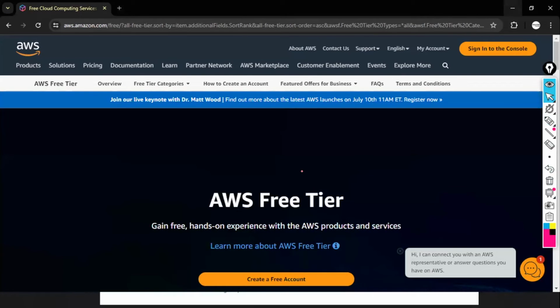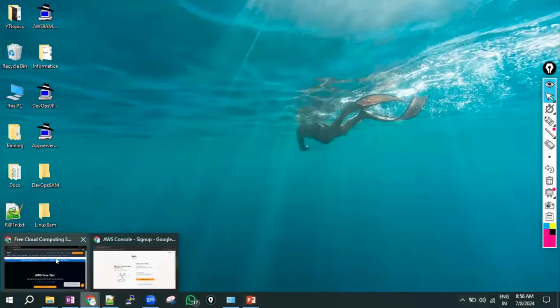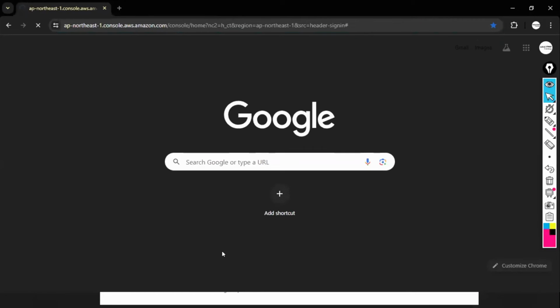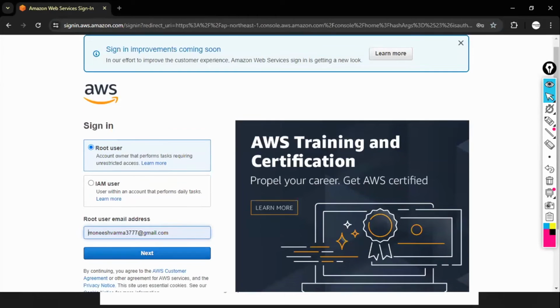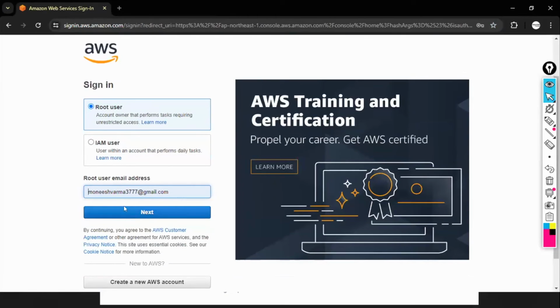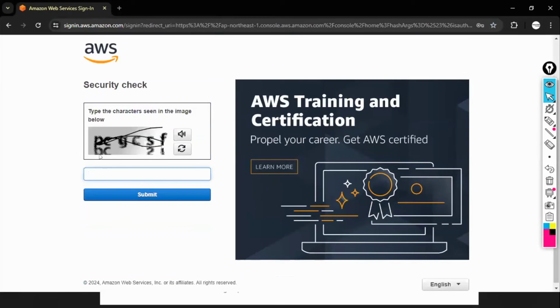Now let's log into the AWS account. I already have an AWS account. Root user, I'm giving my email address and the captcha.